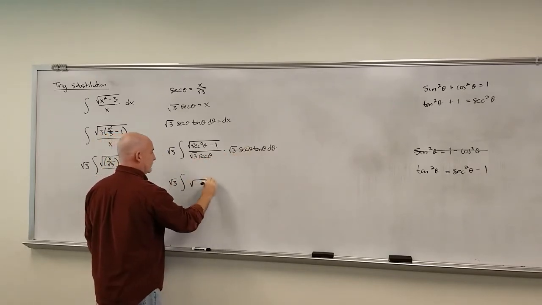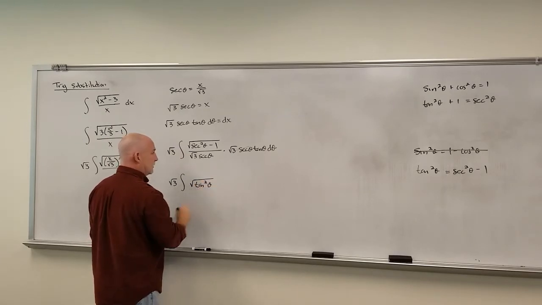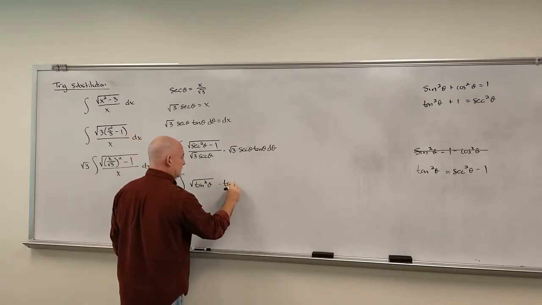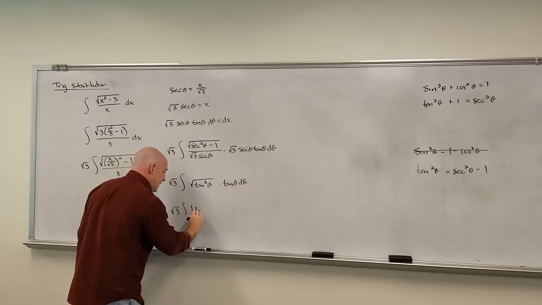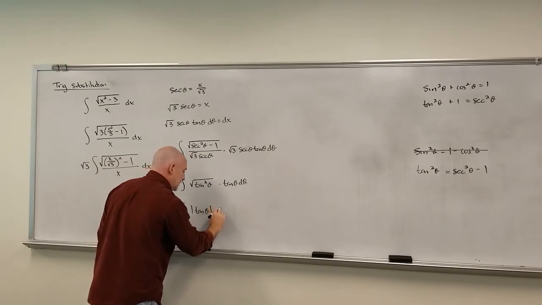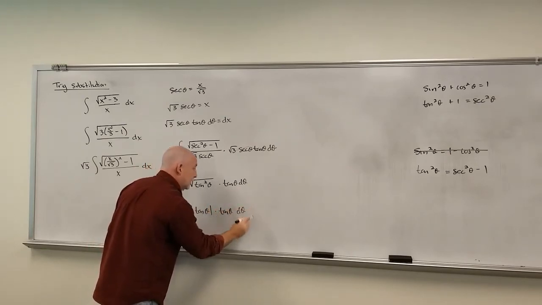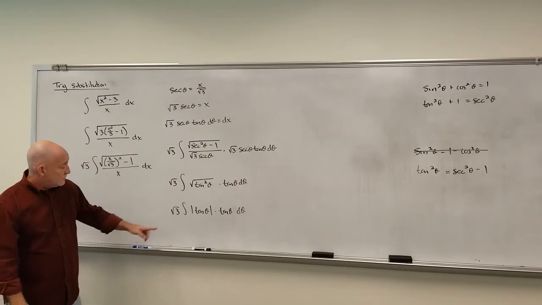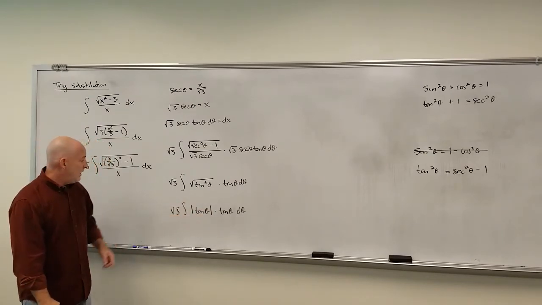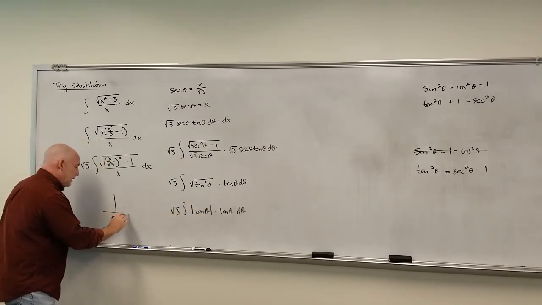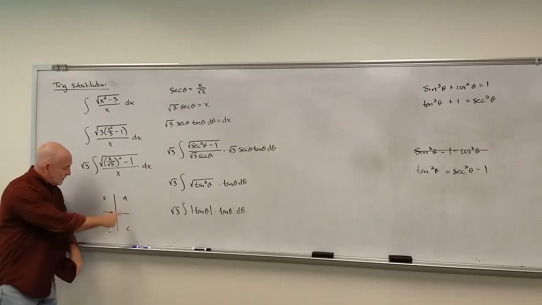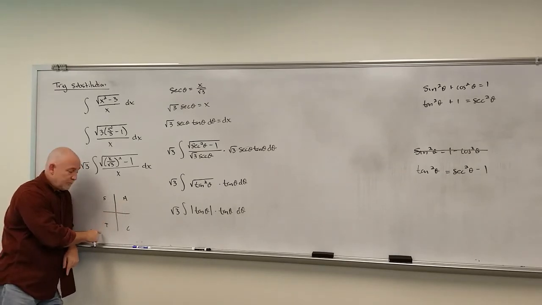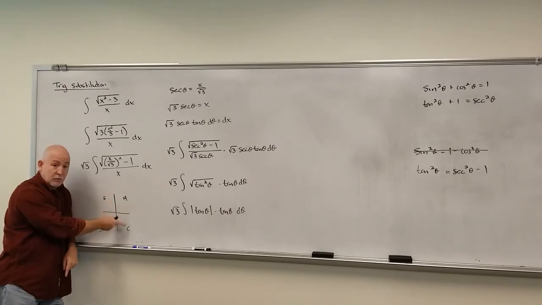I can write that as the square root of tangent squared theta times the tangent of theta d theta, or the square root of 3 absolute value tangent theta times the tangent of theta d theta. Well, like always, we're going to have to worry about this absolute value. Where is tangent positive? If all students take calculus, it's in the first and third quadrant. So the biggest region I can do without doing two separate regions is just the first quadrant, so from 0